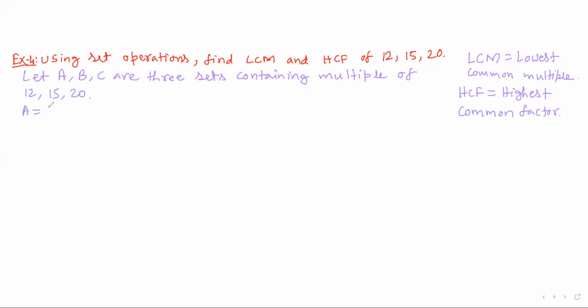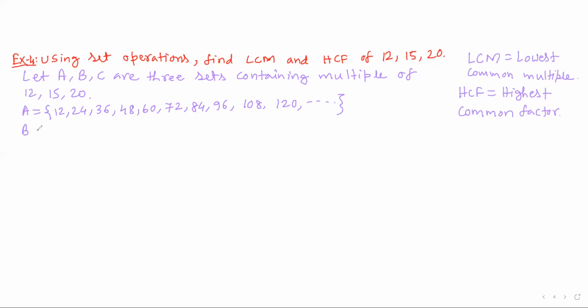So A set is equals to, this will contain multiple of 12, that is 12, then 24, then 36, then 48, then 60, then 72, then 84, then 96, 120, dot dot. So these are the multiple of